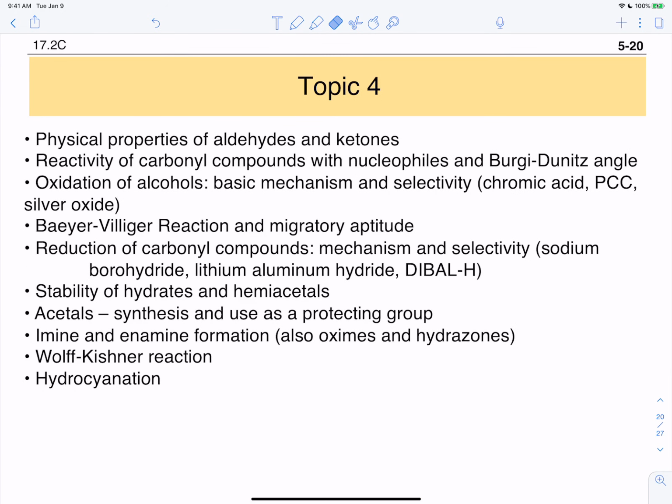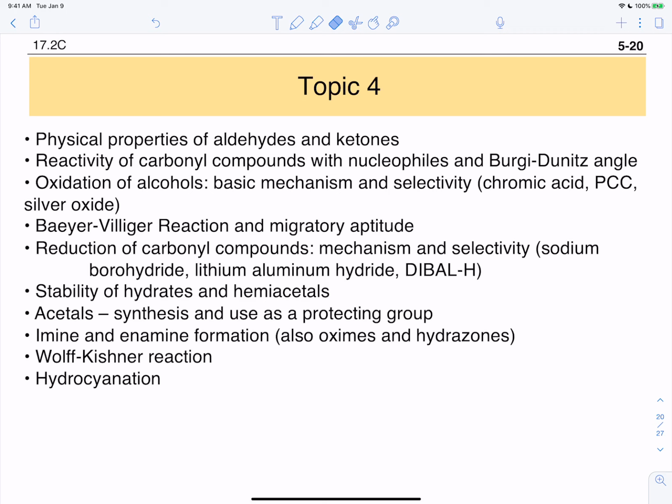Topic 4, this will be the last topic we'll cover in this video. This had to do with aldehydes and ketones, largely looking at their reactions as electrophiles. We had them reacting with a large number of different types of nucleophiles. We found different ways to make carbonyl aldehydes and ketones from alcohols, and then of course the addition reactions with, say, our